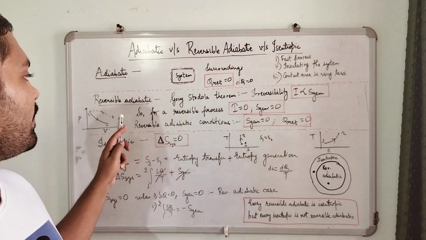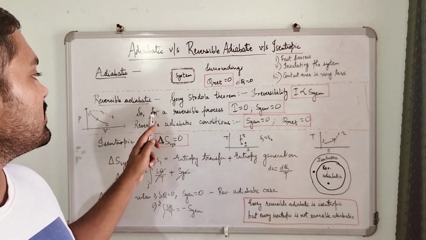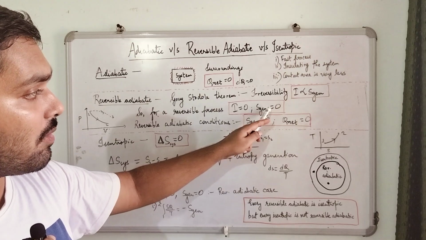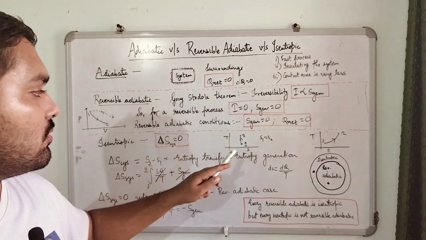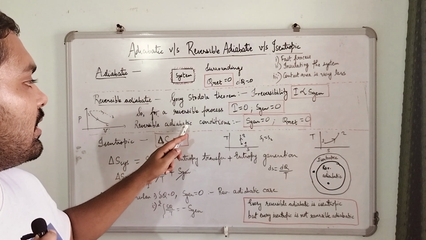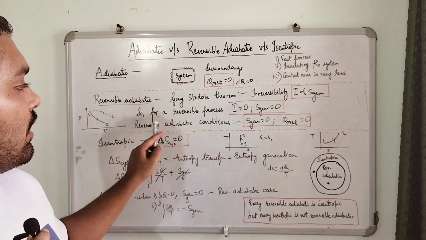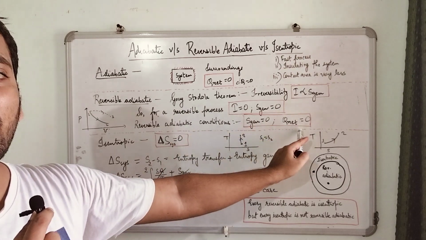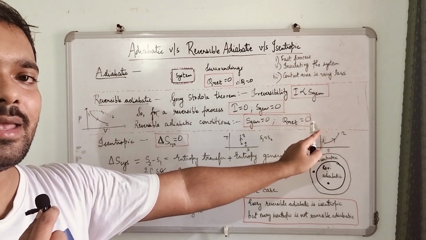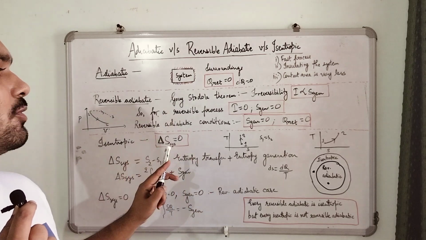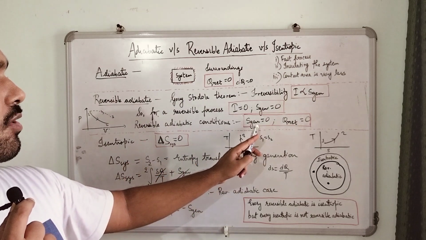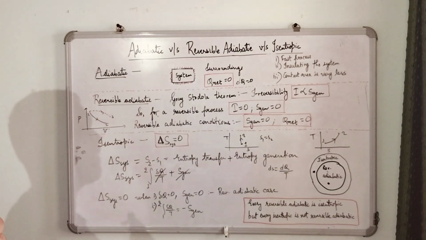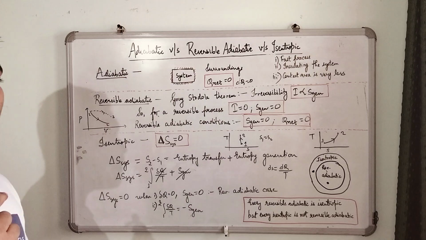And so for a reversible process you can say that this entropy generation is equal to 0. So collecting the reversible and adiabatic terms, the conditions for reversible adiabatic are: for adiabatic, net heat exchange between system and surroundings will be equal to 0, and for reversible, entropy generation will be equal to 0. Now coming to the isentropic term,